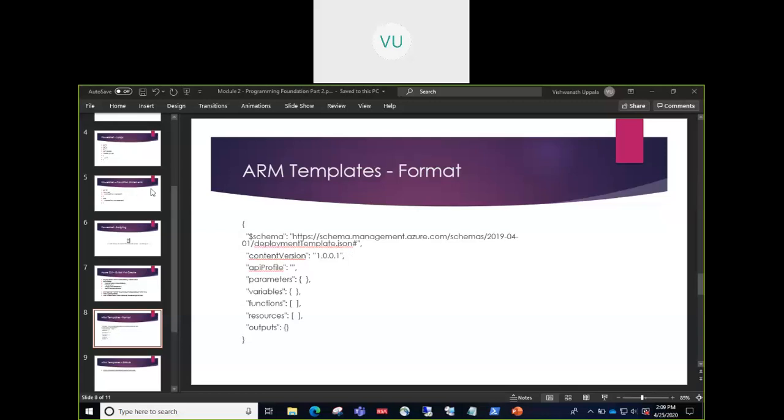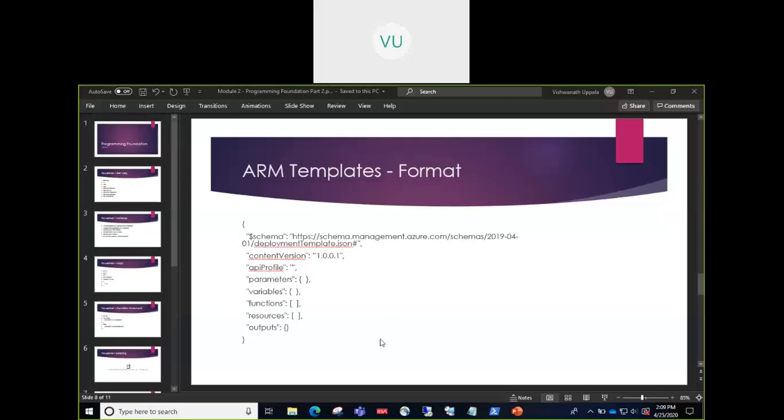Okay. So in this module, we are covering foundations for programming, which is, as we move along with different sessions within this course, you will understand that a lot of the things we can do using Portal today, the same thing we can do using PowerShell and CLI and ARM templates as well. So what we have covered as part of this module so far, I'll just take an overview of that.